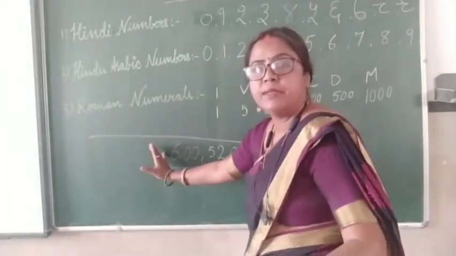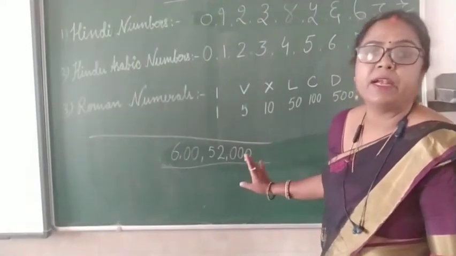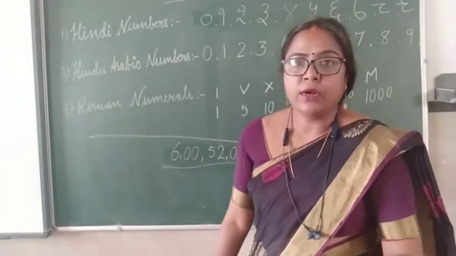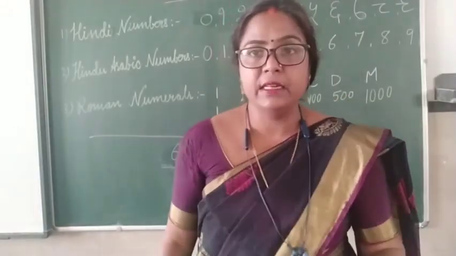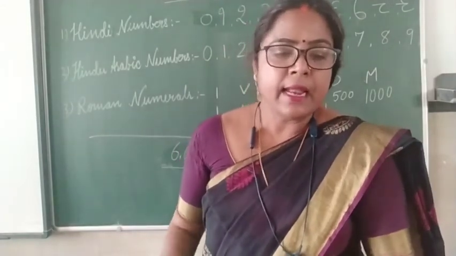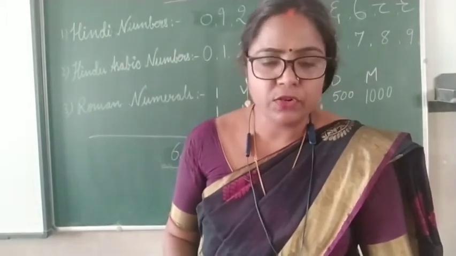Never start writing this way; always start writing from the ones place. Which digit is coming at the ones place, then which digit is coming after that. Got it? So this is the first mistake which children make while writing the numerals from the number name. Okay. Then write the number names of the following numbers in the international number system. That is the third question.